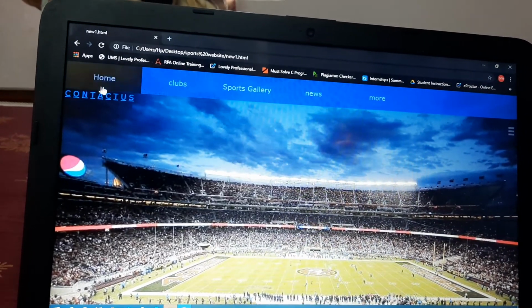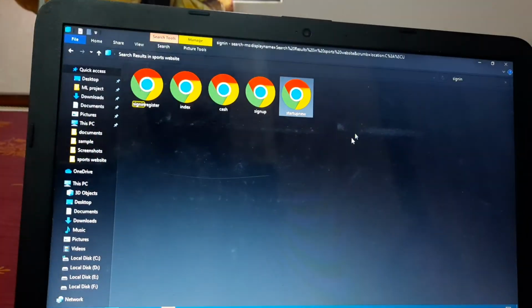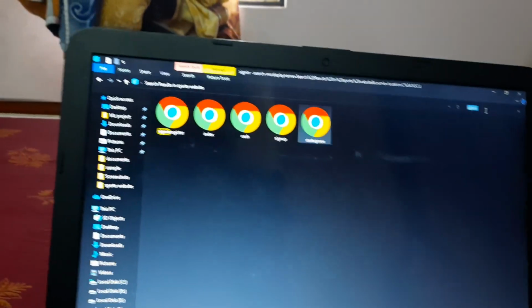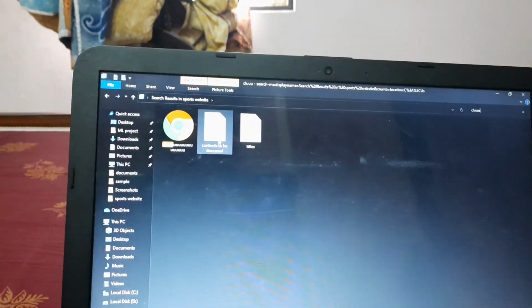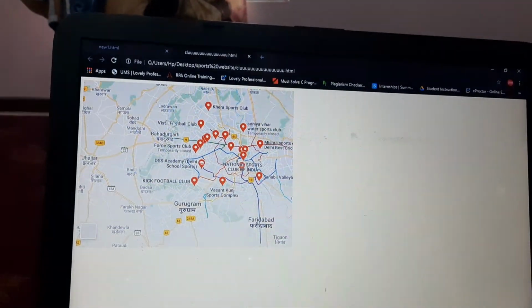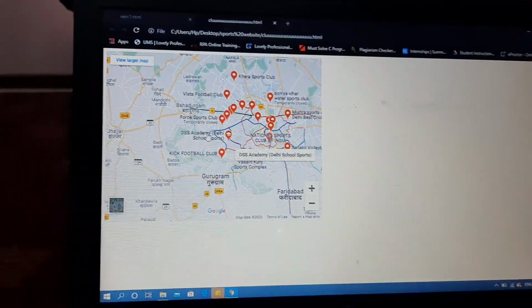Sports gallery goes like this. And I have also done the maps, but I need to join it to the website. Wait, let me show this. See here, this is the map which I have done for the sports, like in Google Maps.